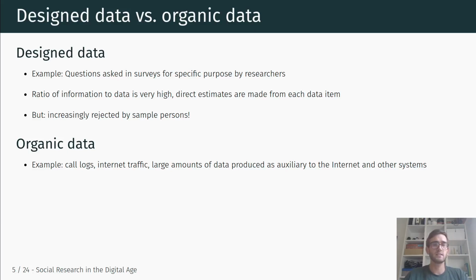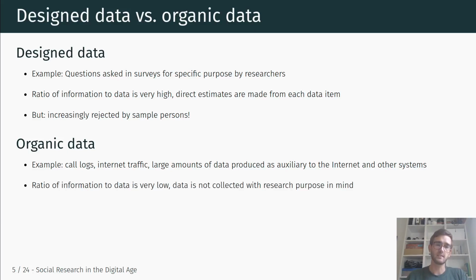Essentially, organic data is any types of data that are collected not specifically with that research purpose in mind, but that are auxiliary data that are produced as part of being online, logging onto social media, and things like that. So those could be call logs or information about internet traffic, or information about things that are shared on social media and things like that, right? The key thing is that